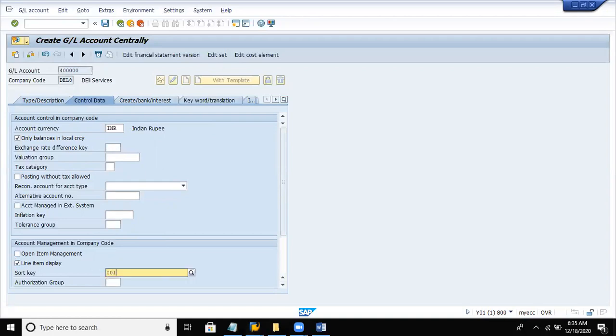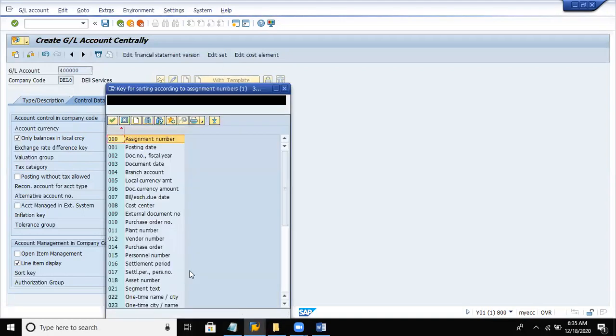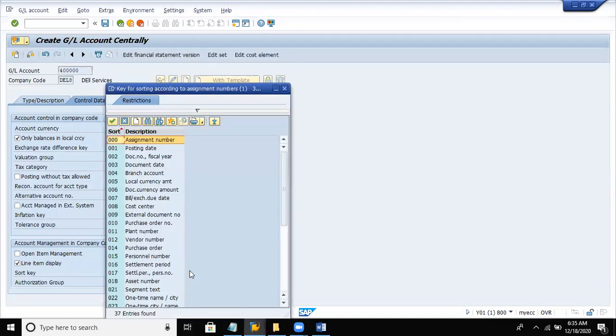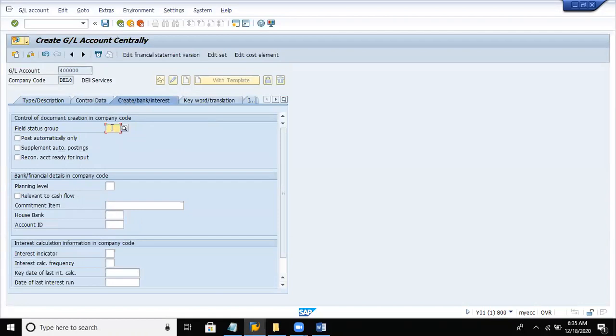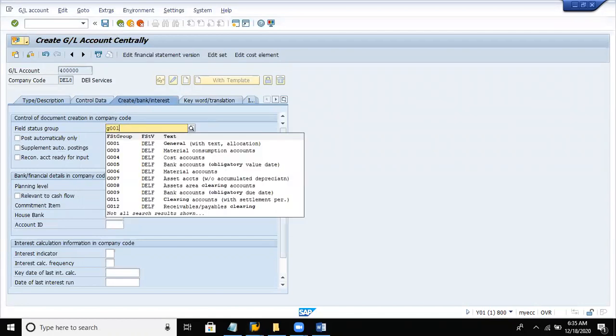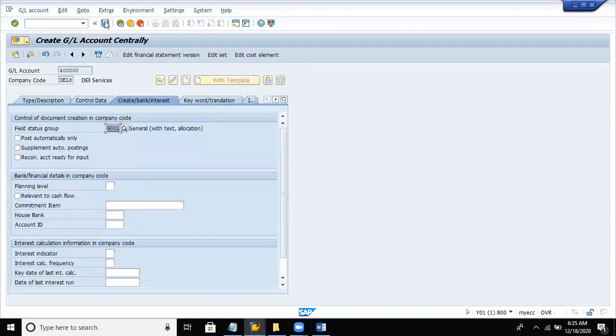So here the sort key is same 001, which indicates posting date. For further understanding, if we hit F4, we will find many more sort keys over here. So as of now we will be working with a sort key called 001. Click on create bank interest tab. G001. Enter, save.